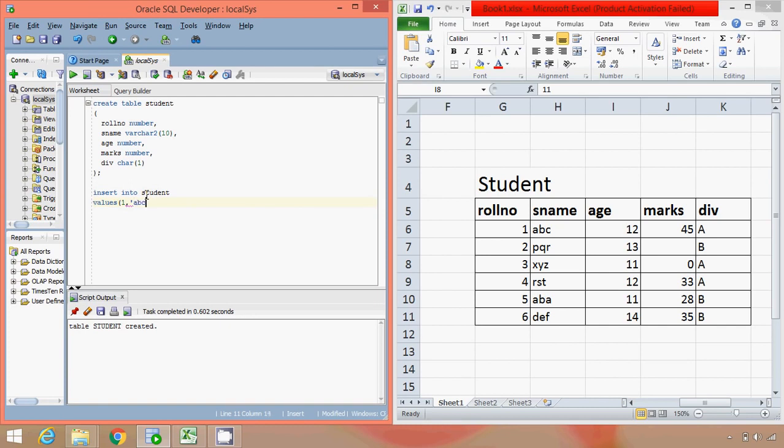So ABC in single quotes, then 12, again a numeric value, 45, and then A. Now insert into student, the second information, that is 2, PQR, 13, null, and B.